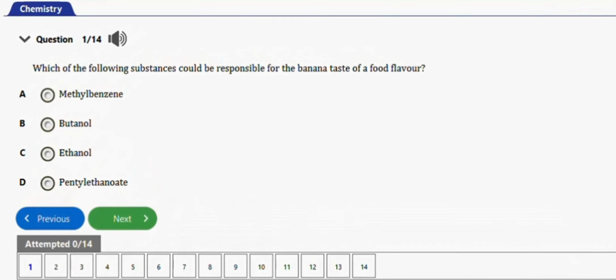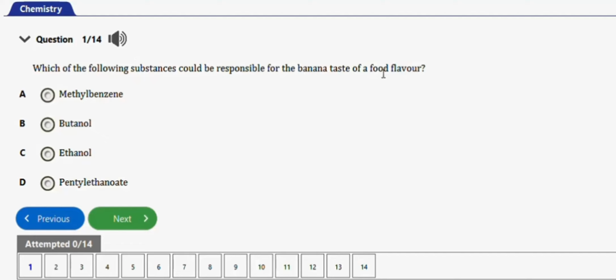In this video, we're going to learn how to solve the chemistry problems under Alkanoates. So basically, we are dealing with esters in these videos, and we have about 13 to 14 objective questions to practice with in the video. Let's get started. The first question I have here says, which of the following substances could be responsible for the